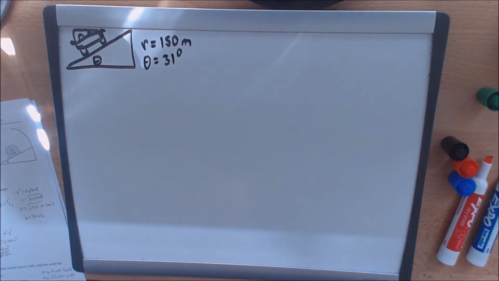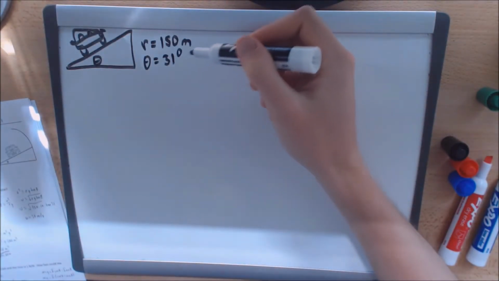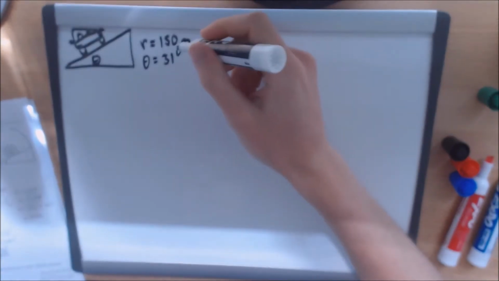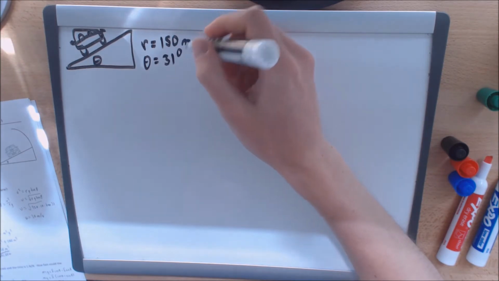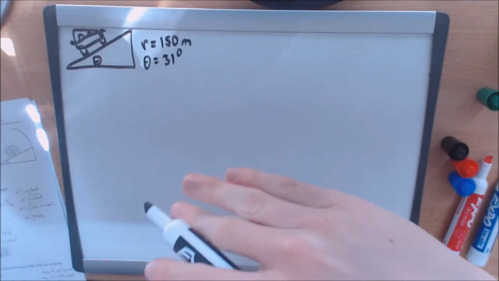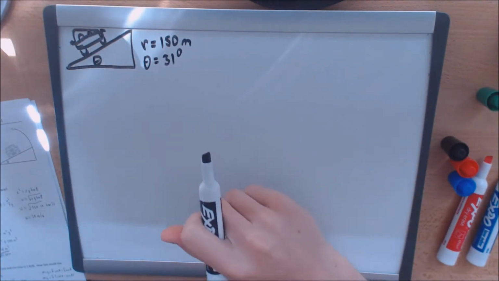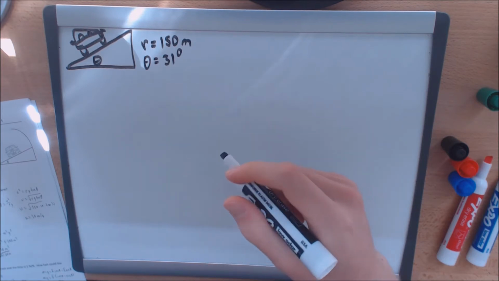So this is the banked turn assessment. In this situation, we have a car going around a circular racetrack. The turn radius is 150 meters, and the bank angle of the turn, because it is a banked turn, is 31 degrees. The first step of this problem is to draw a force diagram for the car